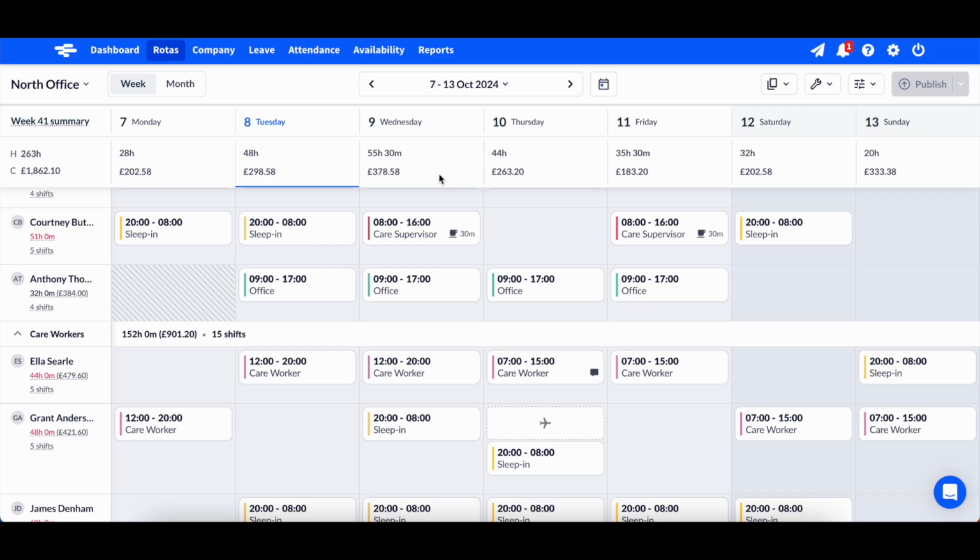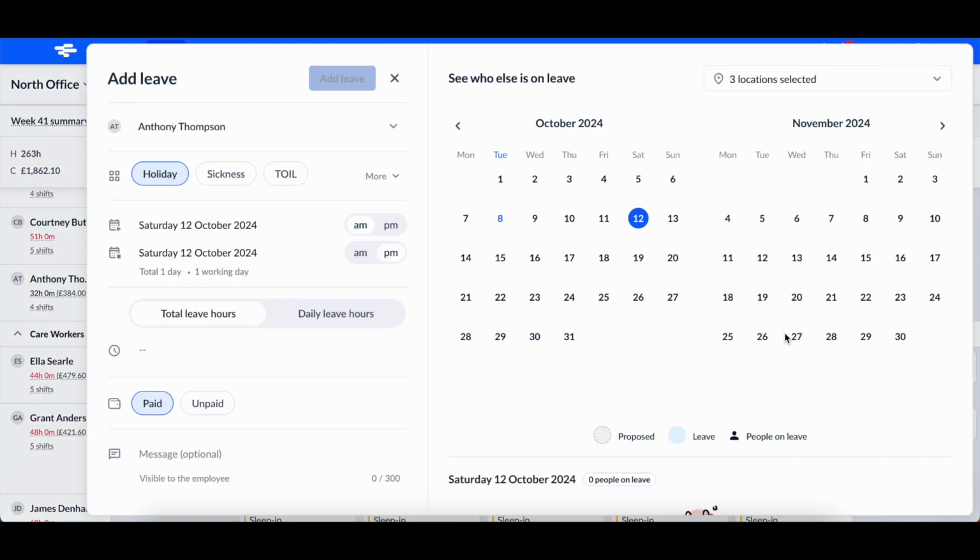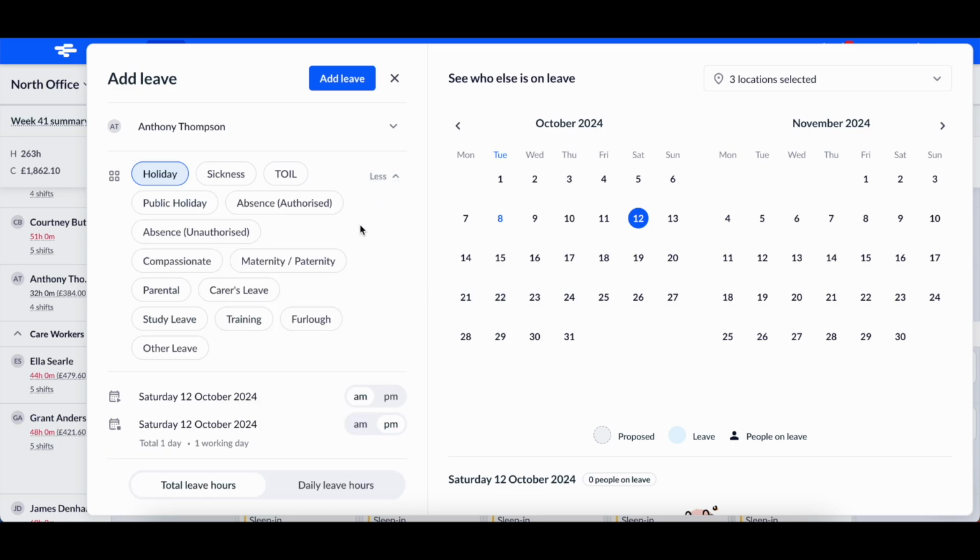The best way to add leave is on the rotas page. This allows you to see your rotated shifts and leave before adding. Hover the cell you'd like to add leave to and click the 3 dots at the bottom of the shift box. Select Add Leave, and in the leave box you can select the type of leave,